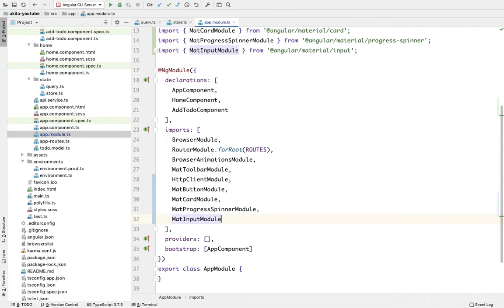So these are the modules which we will be requiring for some components, so we have to import these modules, and in the future if we require more components we will be adding more modules on the go.